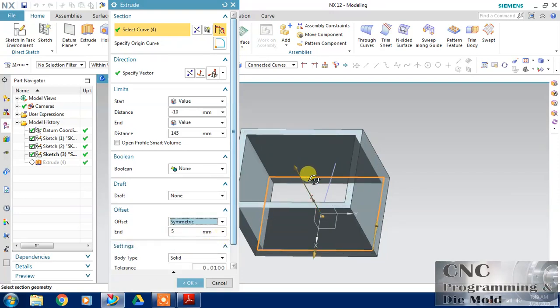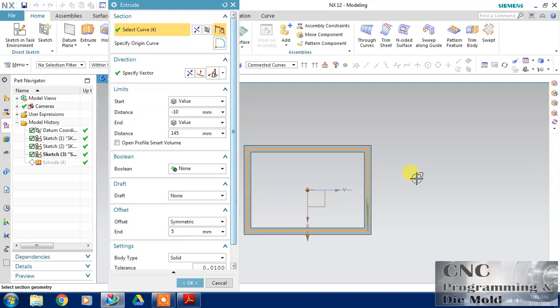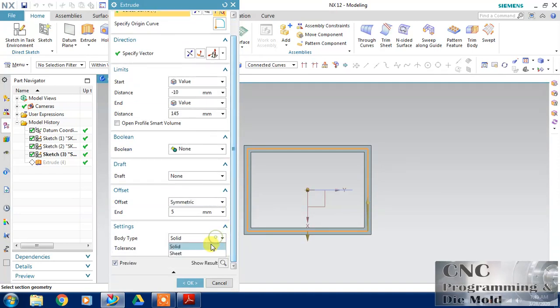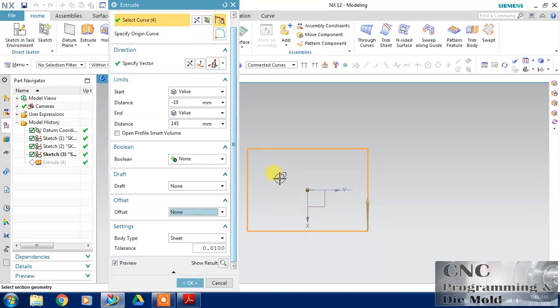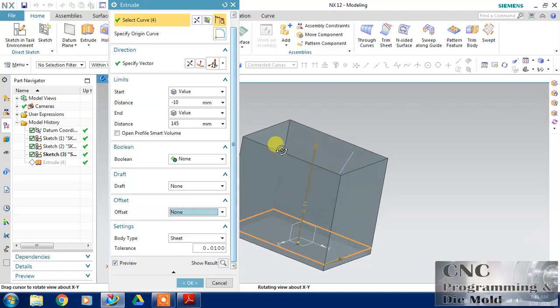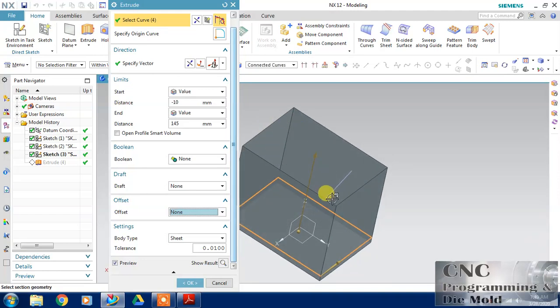Symmetric. In the symmetric option, 2.5 millimeter outside the sketch and 2.5 millimeter inside the sketch. It will go on both sides, it will offset symmetrically. And again we have this sheet option. Just select none, and in the sheet option we have this surface.